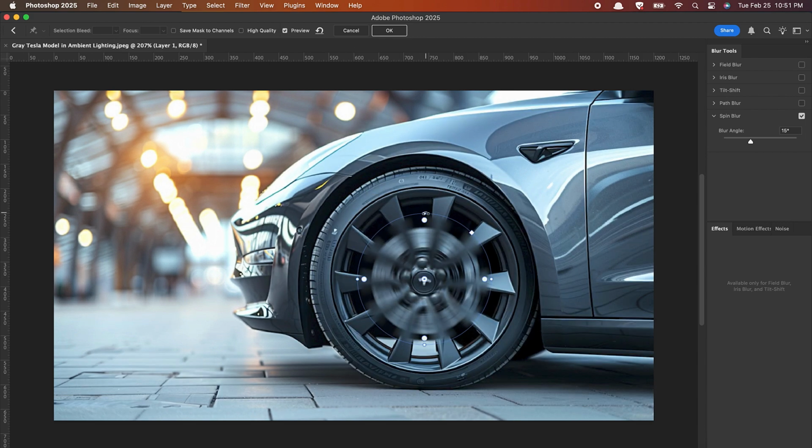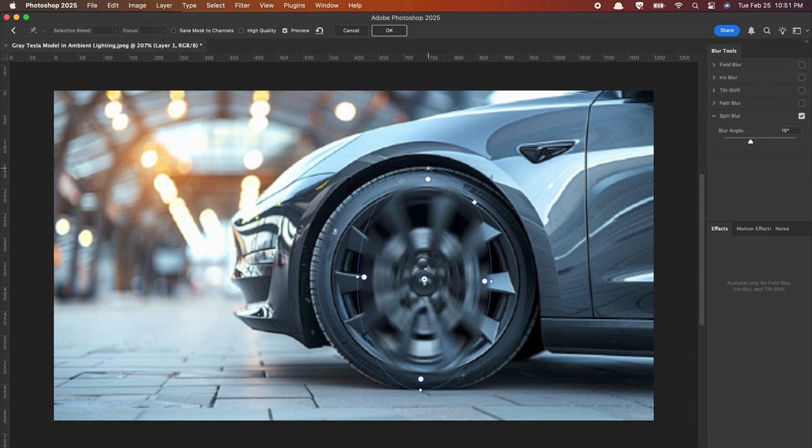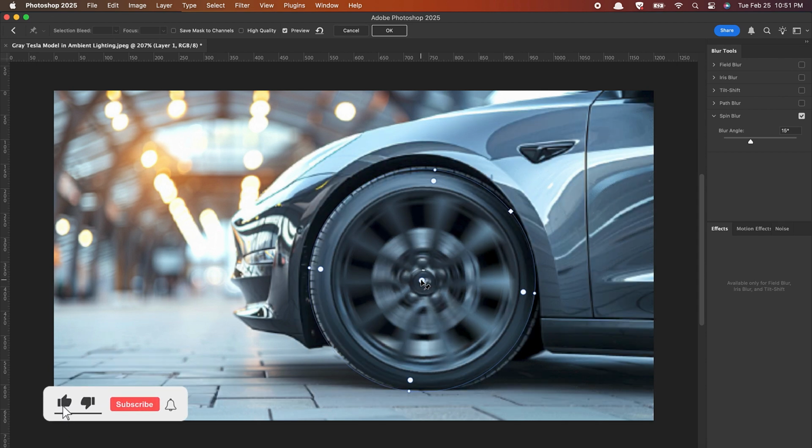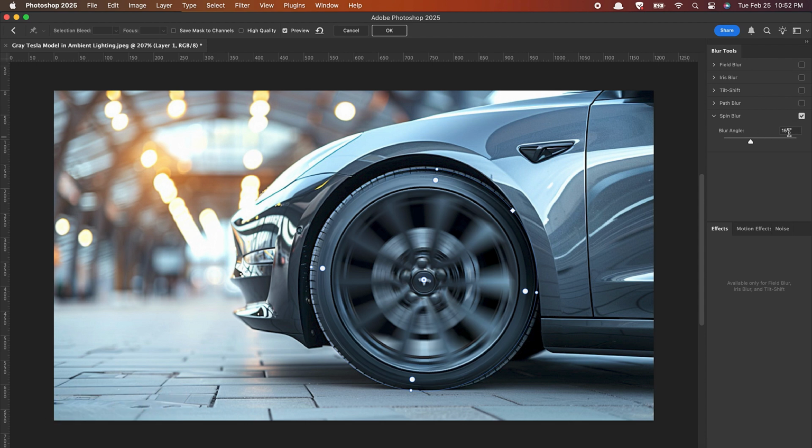Left click at the top and then drag it up, so something like this is okay. Let's do the same thing for the right side, so let's go with something like this. Nice. So now let me align it for this. Okay for me. Now set the blur angle to, let's go with the value of 20, and then check the